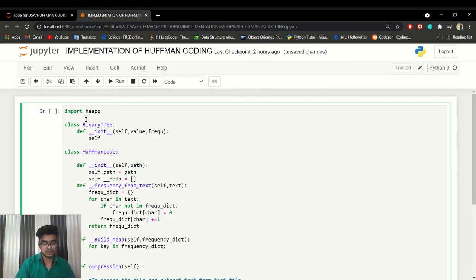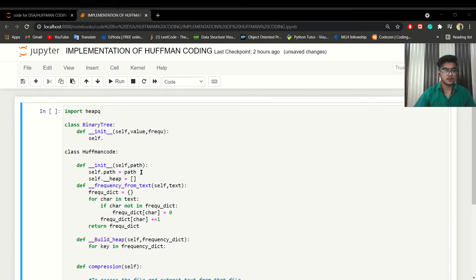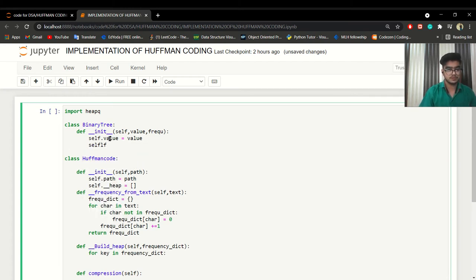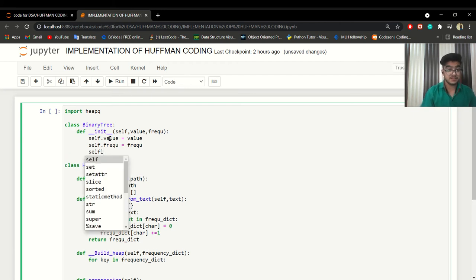Self dot, sorry. So what I'm saying is we have value, we have frequency, we have left subtree and right subtree, but initially it is none.